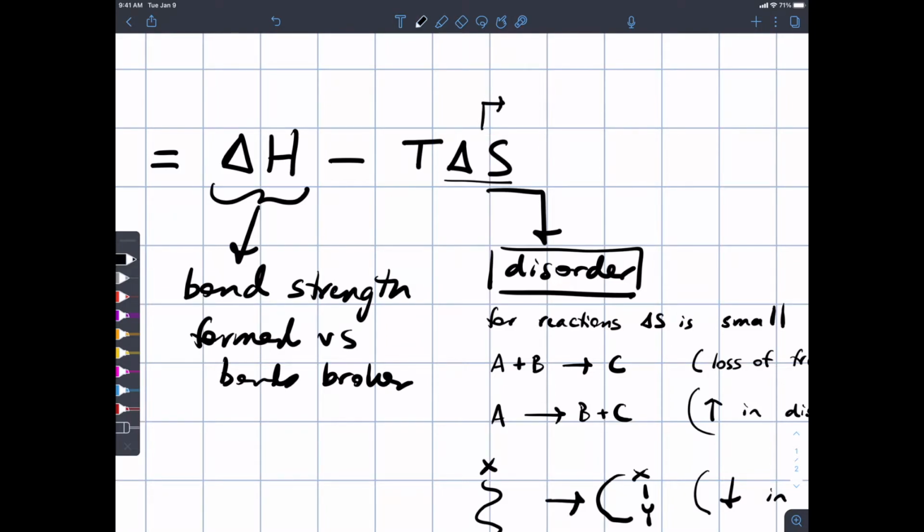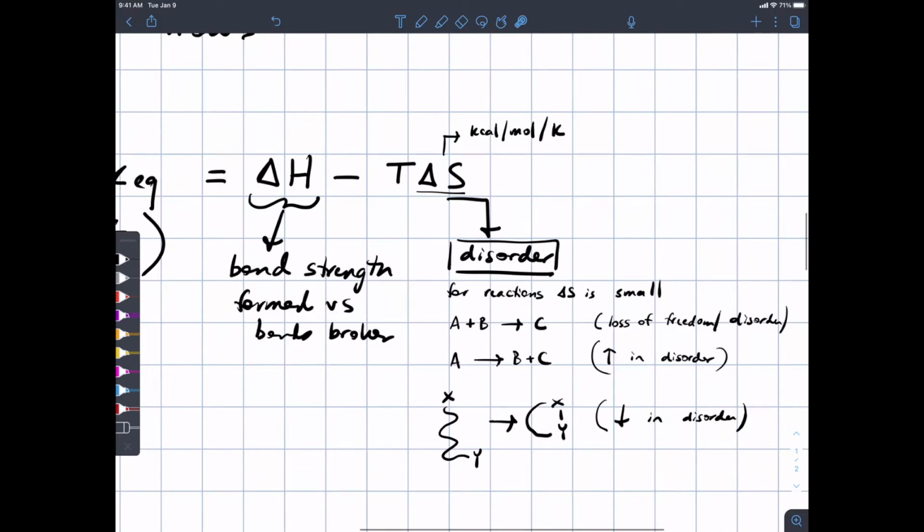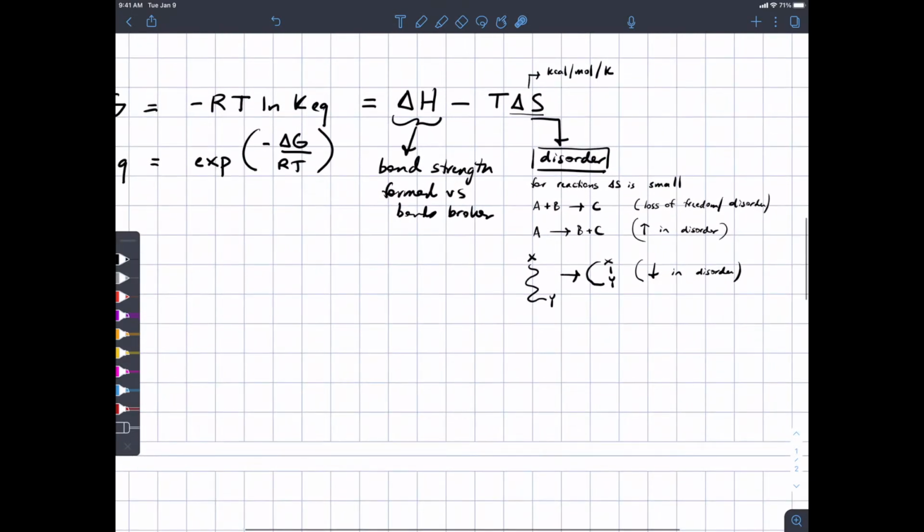Entropy comes in units of kilocalories per mole per Kelvin. And so in order to determine how much entropy matters, you also have to know what the temperature is in Kelvin. So I'm never going to ask you to sort of offset and predict, well, this reaction would have been favorable, but entropy makes it unfavorable. We're not going to do that because you have to know not only what the entropy is, but what the temperature is, and that's just sort of too involved. We're not gonna deal with that. Okay.